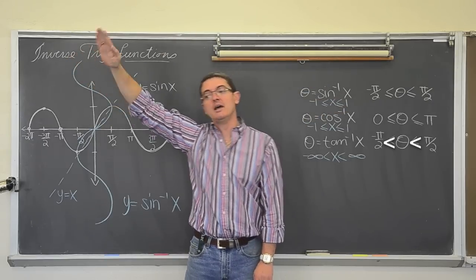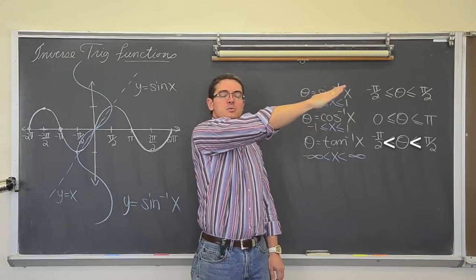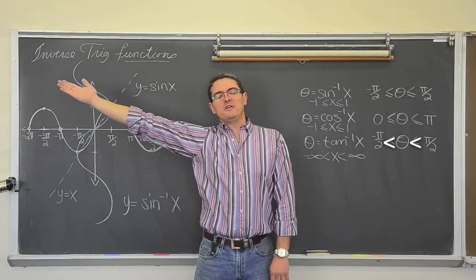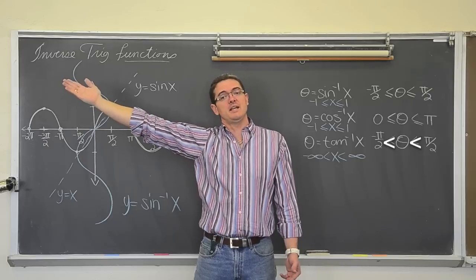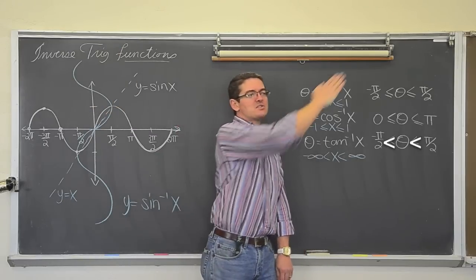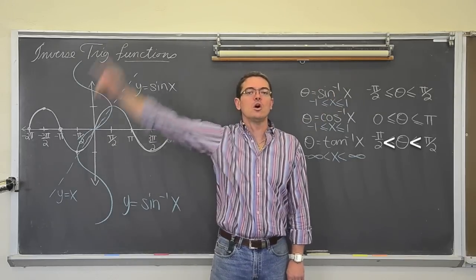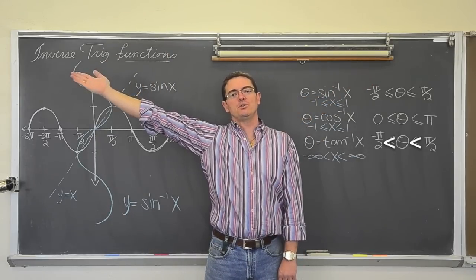5 pi over 6. And then you can rotate around the circle again and have it at what? 30 plus 360 is 390. And then 150 plus 360 is 510. And you can rotate it around again, but I don't keep trying to add 360 in my head. You can also, of course, go backwards. So as you cycle around that unit circle over and over and over again, there's going to be a ton of places where sine is equal to 1/2.